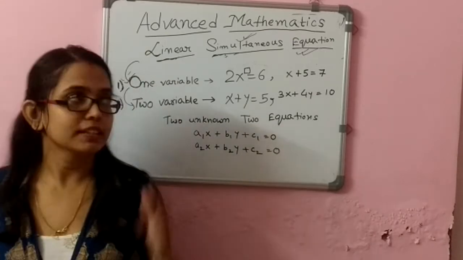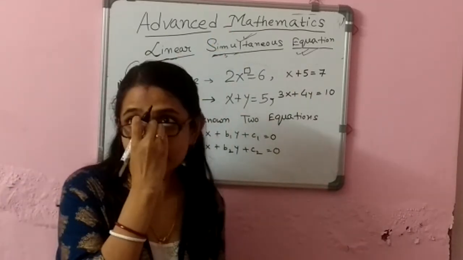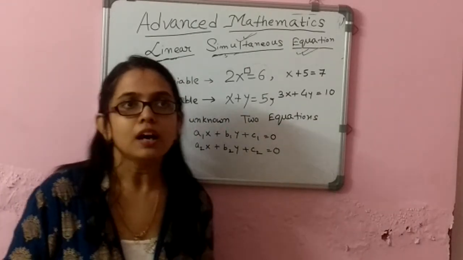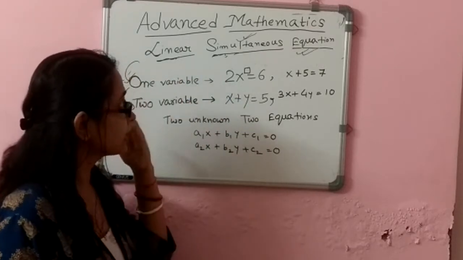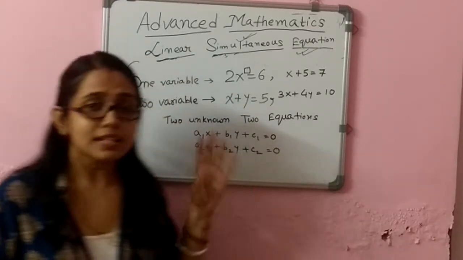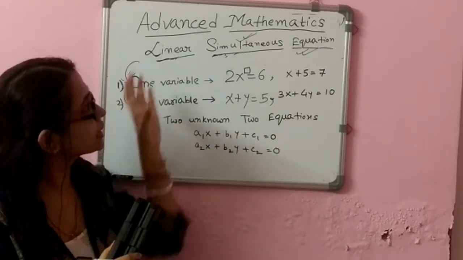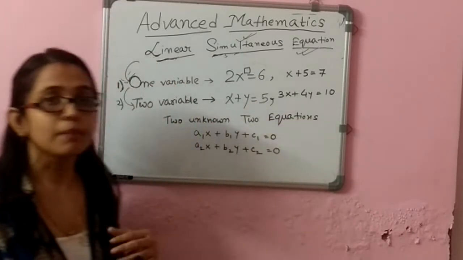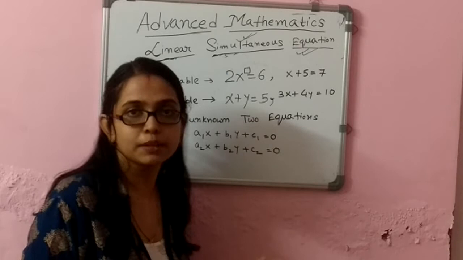So today the subject is advanced mathematics. Advanced mathematics is an elective subject of some boards. But you all know, guys, this subject is not at all so tough, because some of the chapters included in this subject are already there in the general mathematics part of another or some other board.